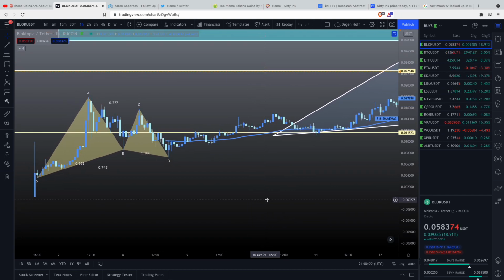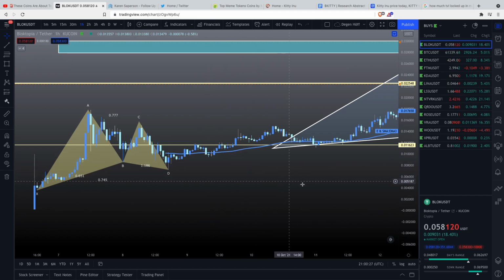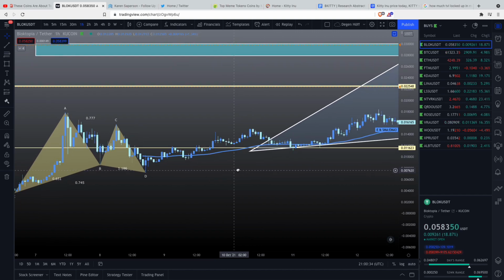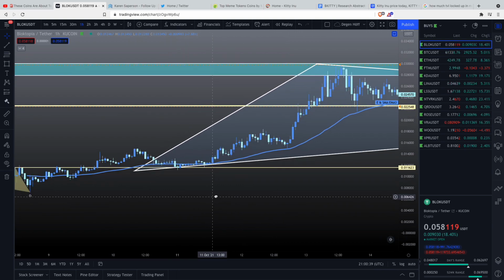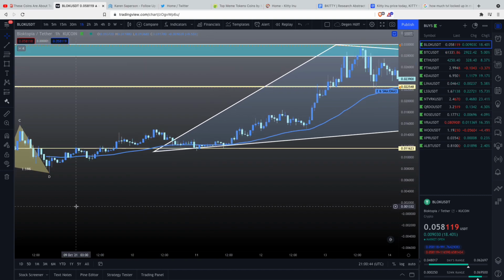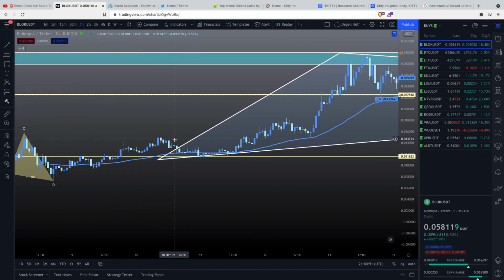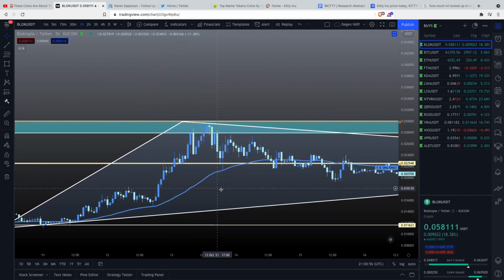So the main thing that I noticed here: I rarely use EMAs, but in this case I was testing each EMA at each time frame, and a finding I have here is on the 1 hour time frame. If you light up the 50 EMA, you'll notice on its path along the chart it tends to find support at the 50 EMA, and the whole time since the inception of the token it looks like it was the bedrock of support. So here we have our first bounce, and then it tests it again, bounces again, test, bounce,